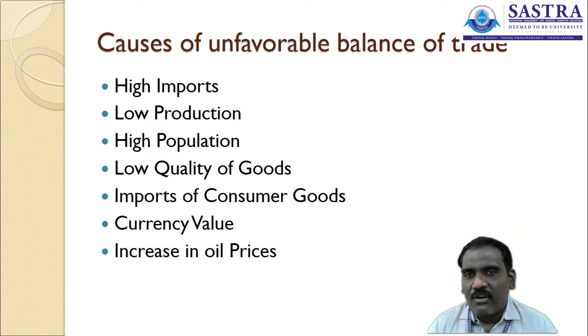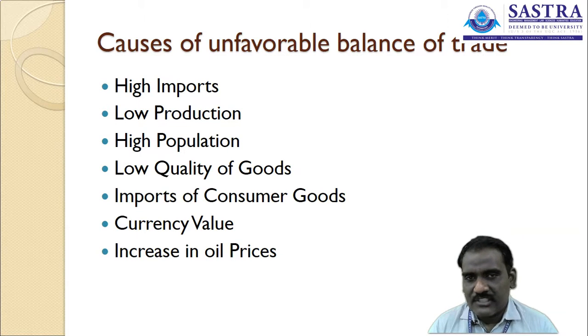The manufacturing companies are not able to manufacture the products required by the people in the particular country, so a deficiency of products may happen. So the government permits the companies to import goods from another country, and the currency value also decreases in the global market. Adverse balance of trade also happens in this kind of situation, because the population is huge in the particular country and may not be able to fulfill the needs of the people. To fulfill the needs of the people, we need to import products from another country, so that also may create an adverse situation.